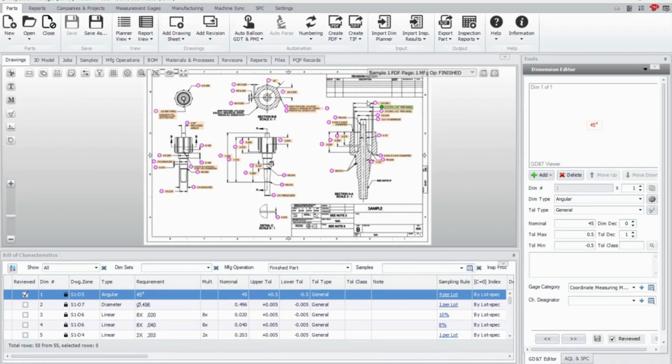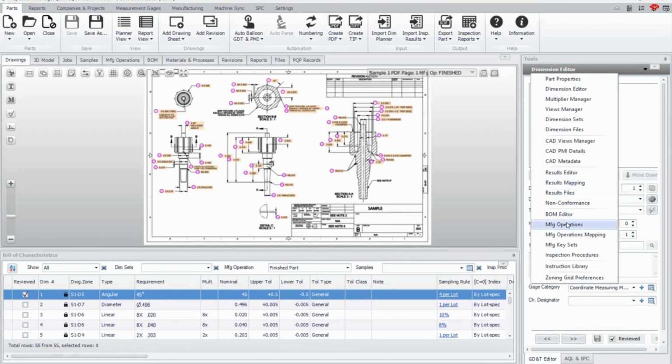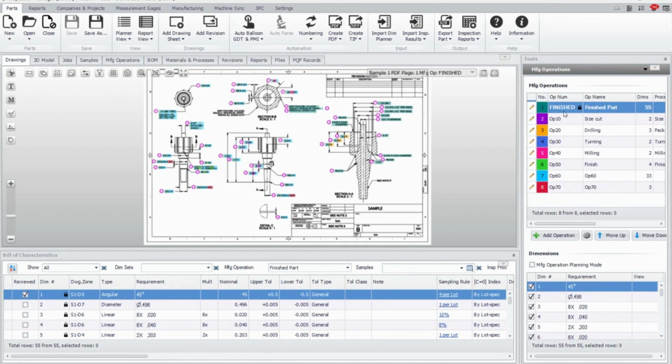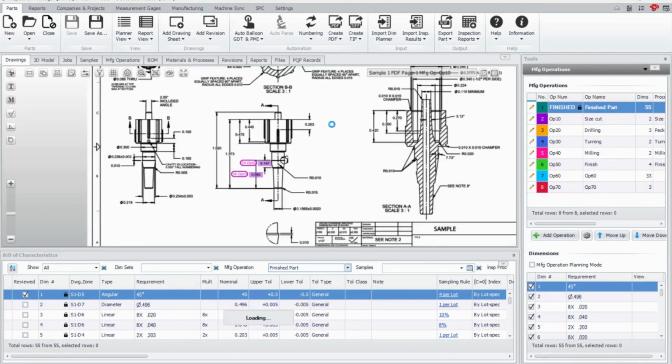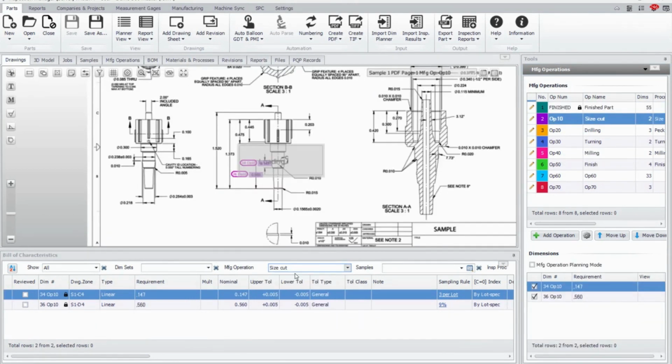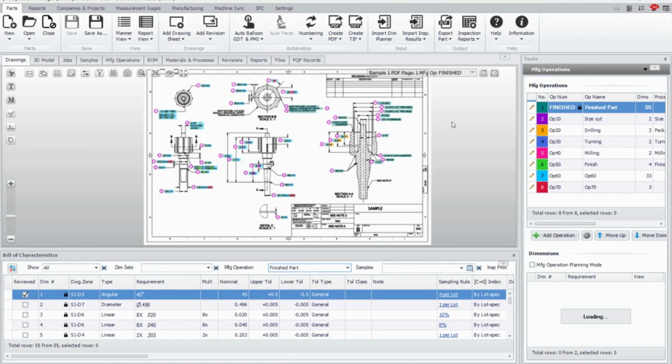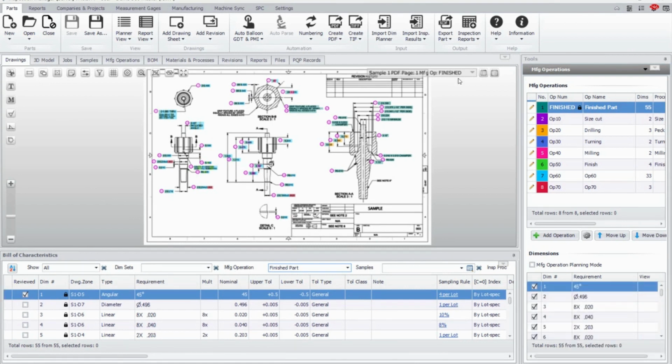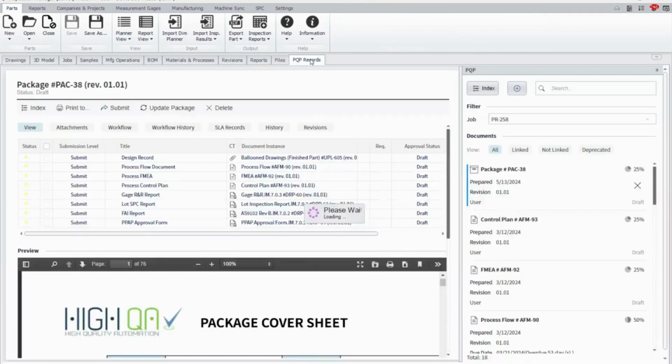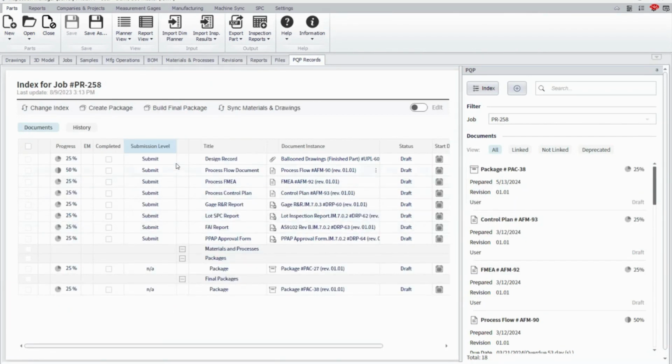So the PQP module is the application to manage the APQP process. It all starts from the balloon drawing, so you'll have all your features dimensioned. In here, you will select the manufacturing operations. Each defined manufacturing operation is then filterable, so you can select what features are measured at which operation. When we think about process flow, FMEA, control plan, etc., all of those process steps are already defined within Inspection Manager. So as we select the module, you'll see we now have all of these defined